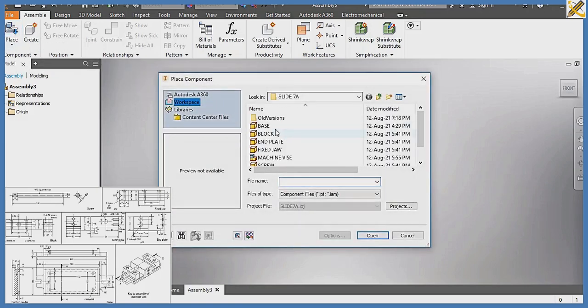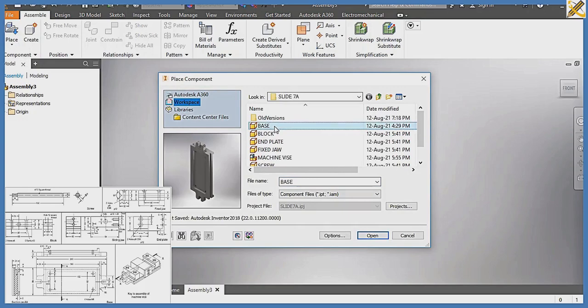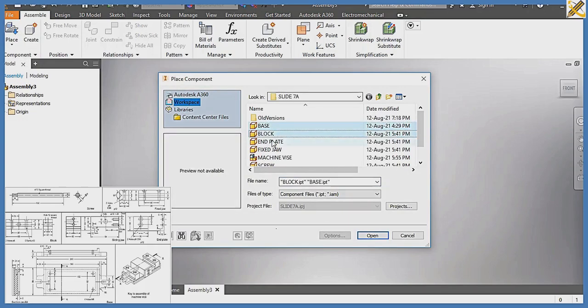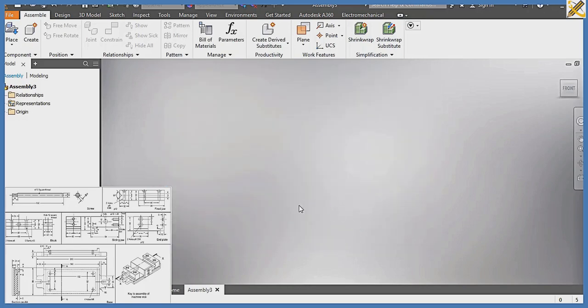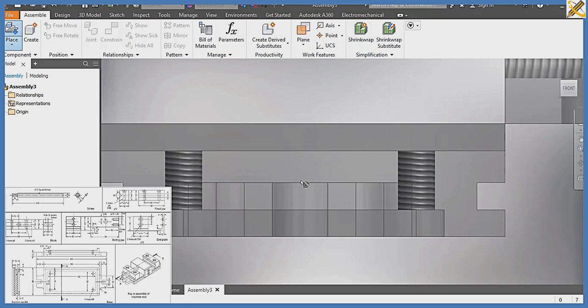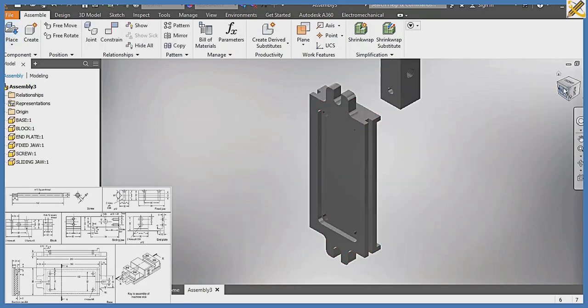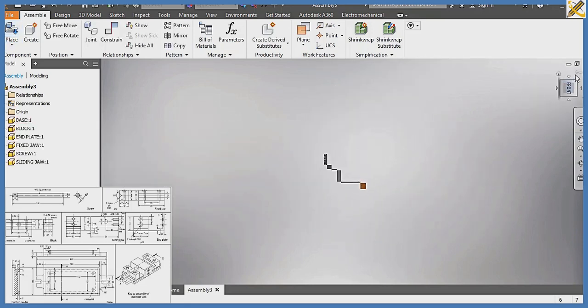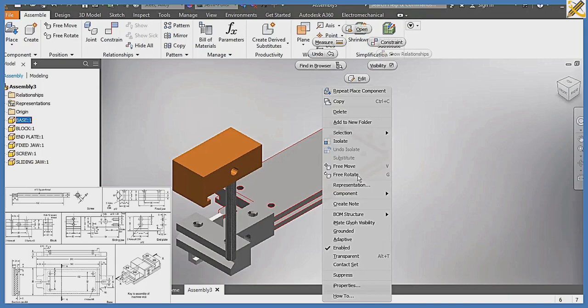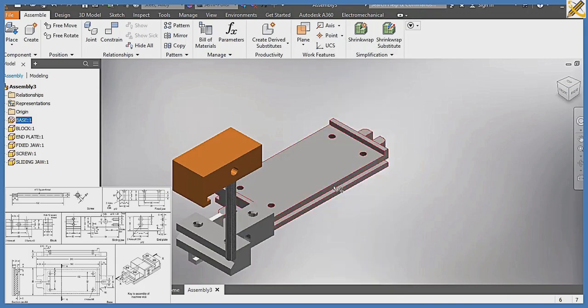I'm going to right click on base, control block, end plate, fixed jaw, screw and sliding jaw, then open. After clicking on open, I'm going to right click, then escape. Clicking on escape, I'm having it in this manner. So what's the next thing I'm going to do? I'm going to click on this base plate, then ground it,